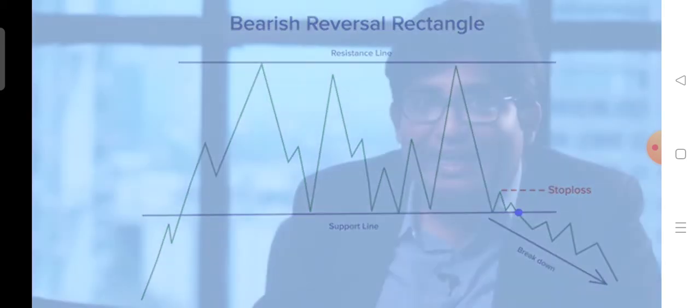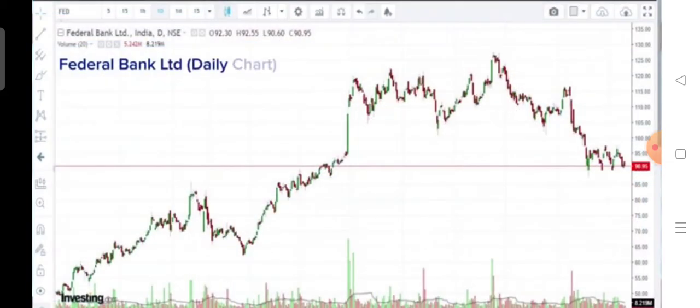The basic point is that when you are talking about a rectangle, you have to remember there can be small false breakouts and breakdowns. So an ideal way is to take both kinds of trades. If a rectangle is being formed, we can take the small reversal trades within the rectangle from one end to the other end and back. And once there are breakdowns with a small stop loss, someone can take those breakdown trades if the movement is on the downside. So after an up move, there is a rectangle and then a movement on the downside. Let me show you an example. Here we are looking at the Federal Bank daily chart.